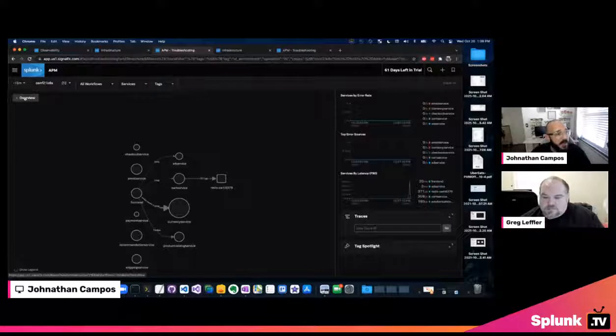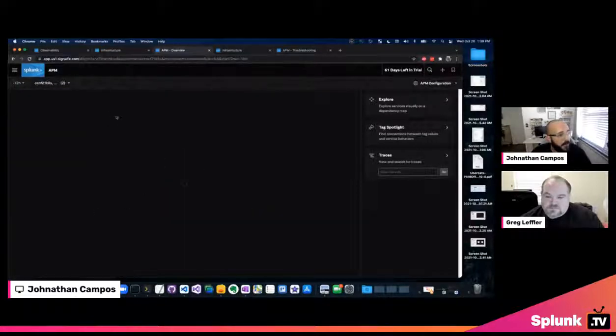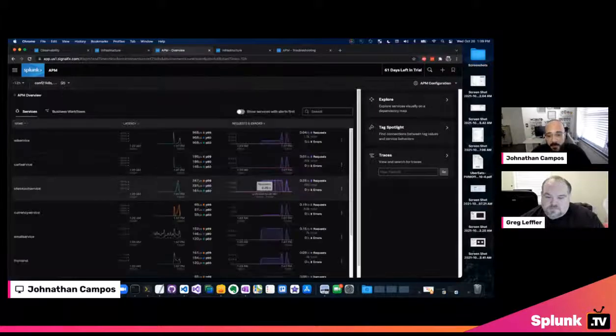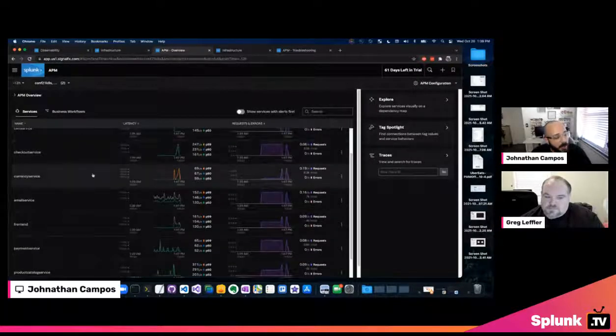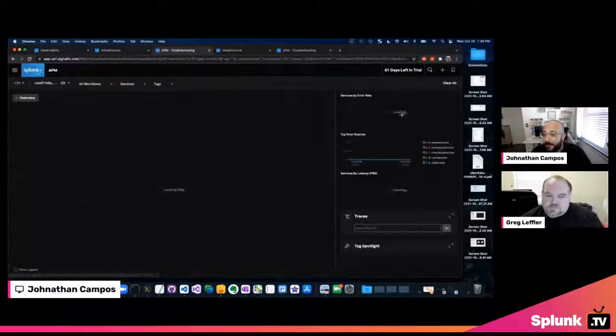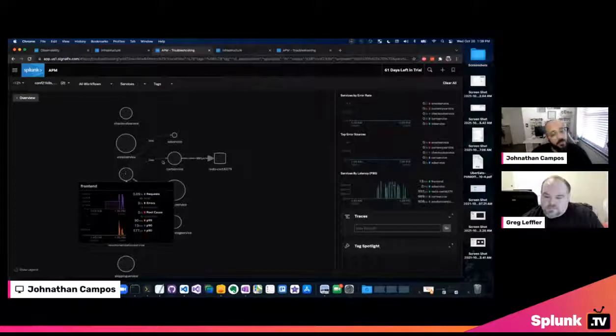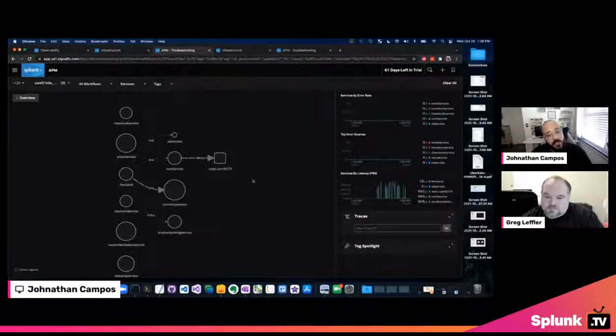You can see here the past 15 minutes, and let me break this down to this environment for the last 12 hours so we can have a little more data populated. These are all of the different microservices running within Kubernetes. You can easily go to the dynamic service map and see all of the dependencies associated with, let's say, the front end service. The front end service communicates with the cart service, which is associated to the Redis cart. And the front end service is also associated to a currency service, which allows us to convert different currencies.